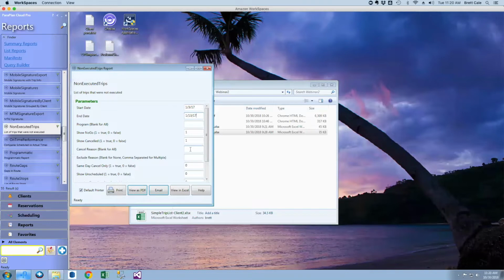A no-show or no-go would be when you go to the client's address and they're not there or they don't come out. We consider a trip executed if it's on a route and not canceled or no-showed. And if it's unscheduled, we consider that